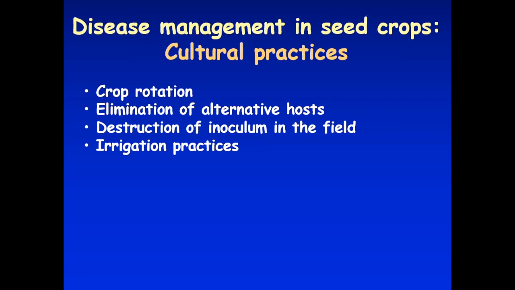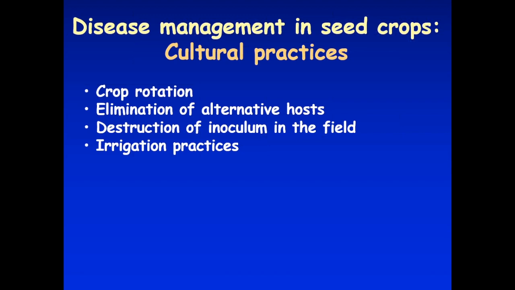I'll give you, as a good example, bacterial blight on carrot, as Jody mentioned. Bacteria are very, very quickly spread by overhead irrigation. Xanthomonas in carrot seed production is the most widely established disease in carrot seed production in the US. And as a result of this disease, about 60% or more of carrot seed production in Central Oregon has shifted to drip irrigation in an effort to try and manage this disease, because it's so endemic in our carrot seed production in the US now. And we have to do everything we can to try and keep the population down. And drip irrigation is expensive for growers to shift to, but it's been important economically enough to justify the cost.